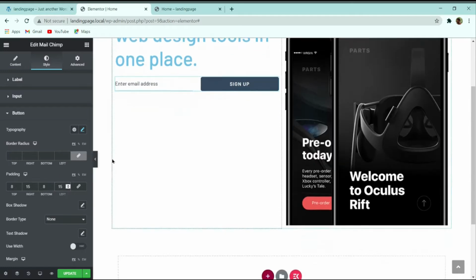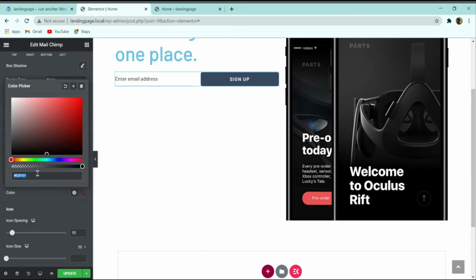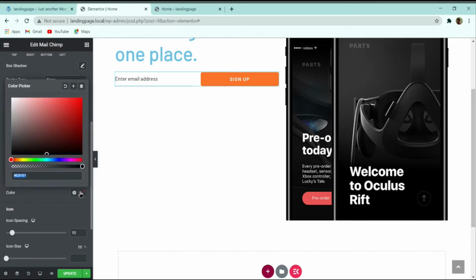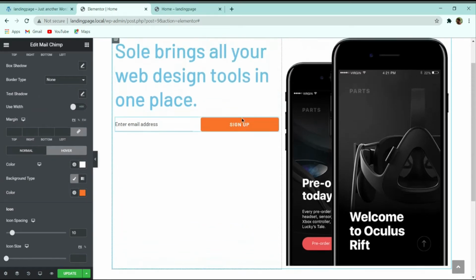So after that, here you can see that this is the color option over here. So basically the text is in white color, we have to change the background color of it. So let me select that color. So here you can see that I have used this color FS742B. And on this hover part also, by default we can give that color FS742B, so that whenever we hover over it, you can see that that color is not changing.